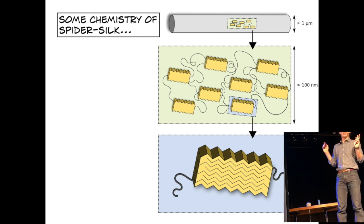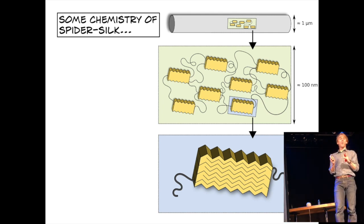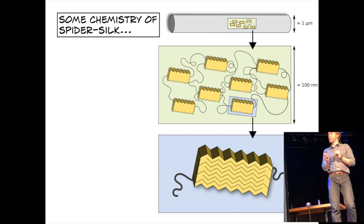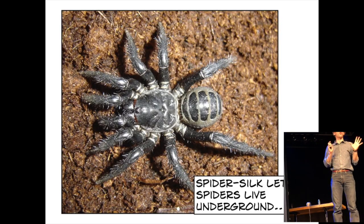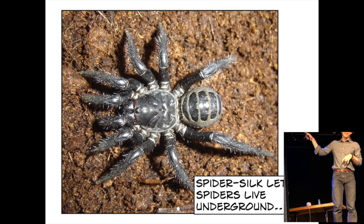It's really a unique material. And the spider has used this to dominate all 4 elements. So let's go through and see how the spider does that. Earth. The mesotele spider. This little lady is